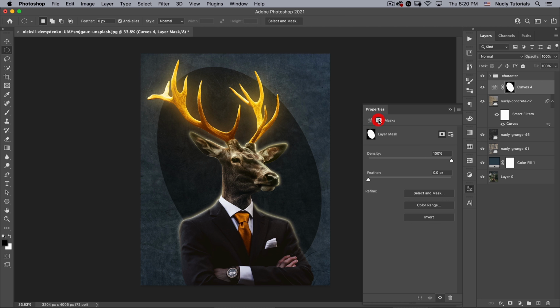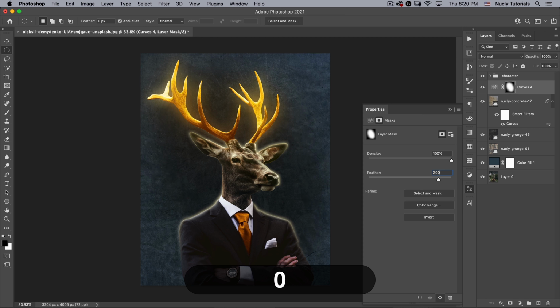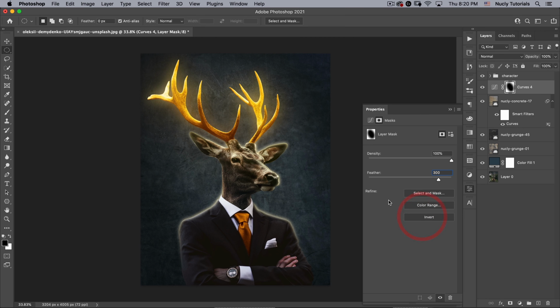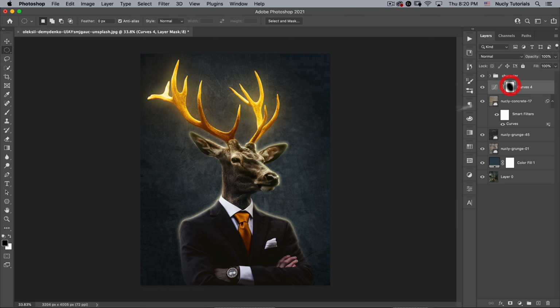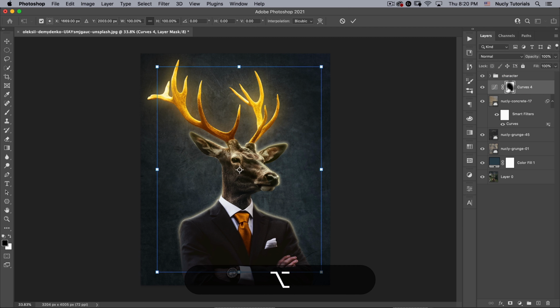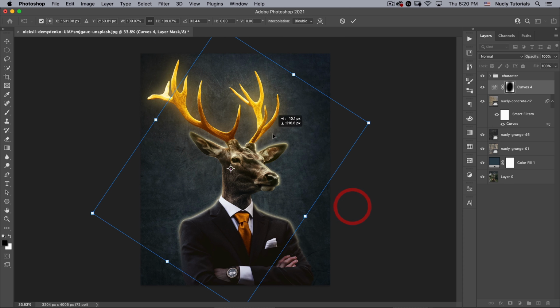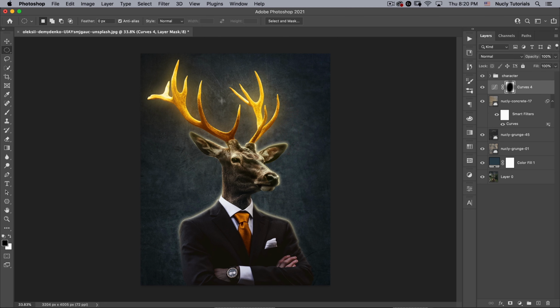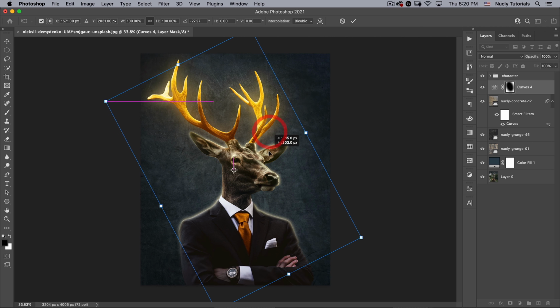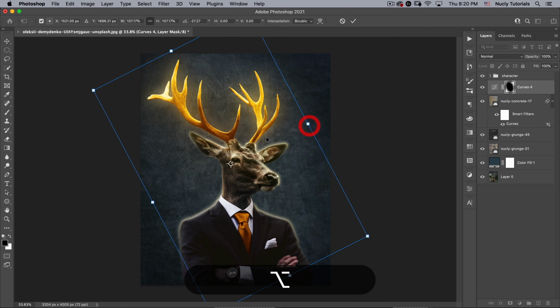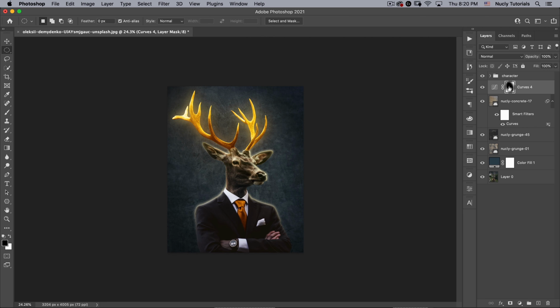So now I can go to my mask and properties, increase the feather to 300, and then invert the mask. And there you can see I now have a nice vignette. The nice thing about this is I can transform here, and it's actually just transforming my original circle. I can move that around, I can rotate it. It'll never have a hard edge, and it just gives me a lot of control of this vignette. I can make it bigger, smaller, whatever I want by just doing a transform on that mask right there. So that's my vignette curve.